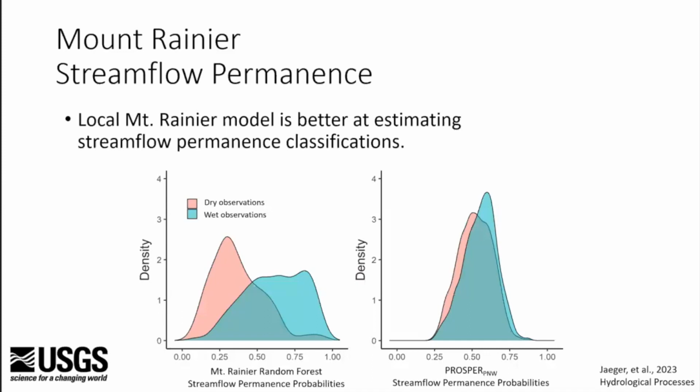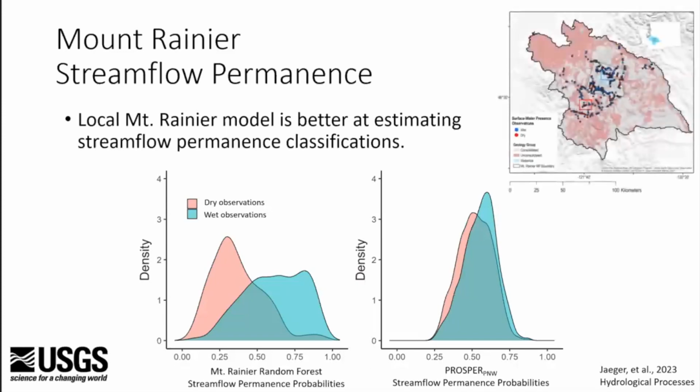So, PROSPER just doesn't work for the regional model. PROSPER just doesn't work for this system, in part because of a lack of data. There is pretty much no data. This is all new data that was collected for this particular local project. And we also incorporated local variables, like specifically geology, which was the second most important variable, at a resolution that was not possible to apply at these larger regional extents.